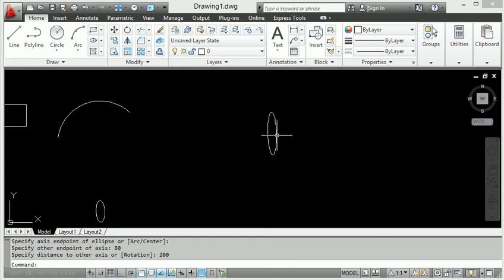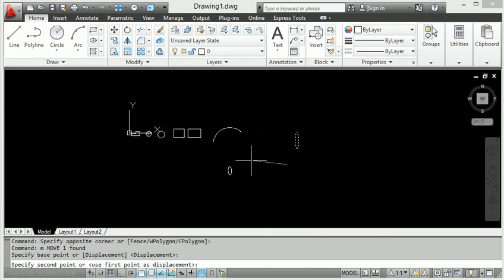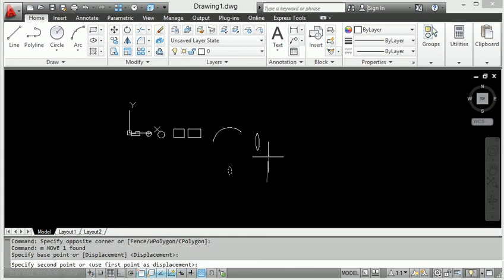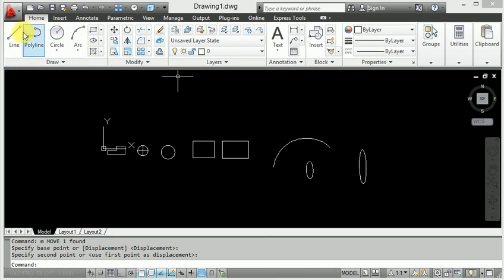So I have shown you how to make this ellipse very easily. This one uses the home page menu bar, and second I showed you the shortcut key for the command. So this is very easy for AutoCAD 2D drafting work.